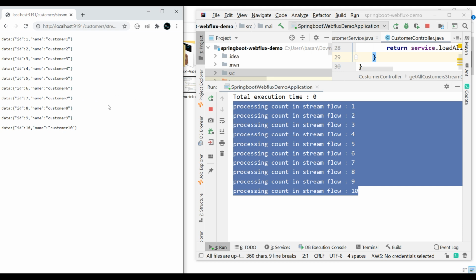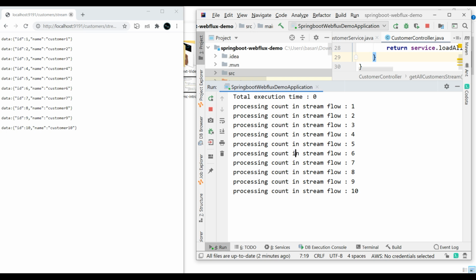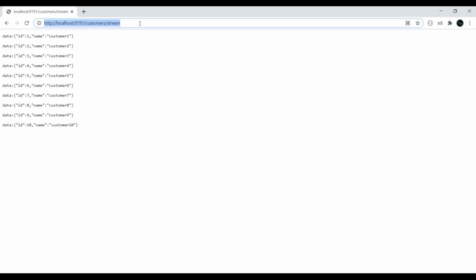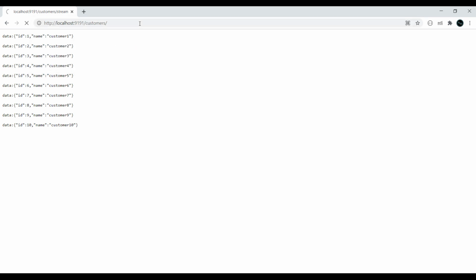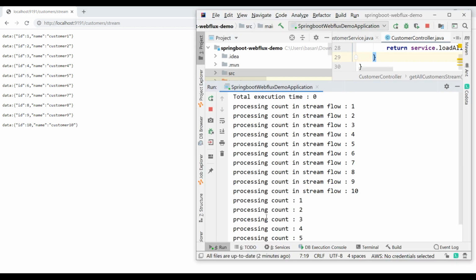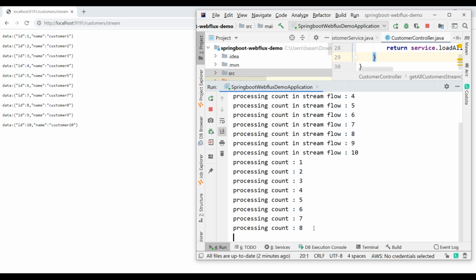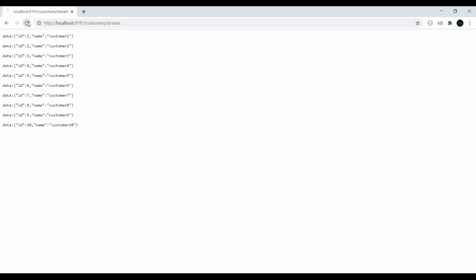Now apart from that, I just want to highlight one more thing in reactive programming. Let me try the actual endpoint, not the stream one. Let's try the traditional one. Now we just enter it. In the middle, as a subscriber, I don't want to get the response. If I stop it, my backend is still processing data, even though I already subscribed and cancelled the request. Okay, let me retry it again.